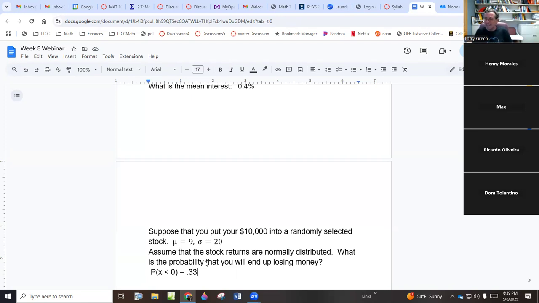What is another idea besides the bank or investing in a stock? Any idea what else you could do with your $10,000? There are different ideas, but there's kind of one. You can gamble, but it turns out